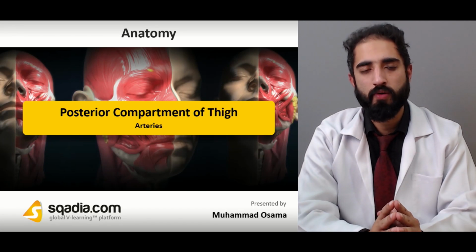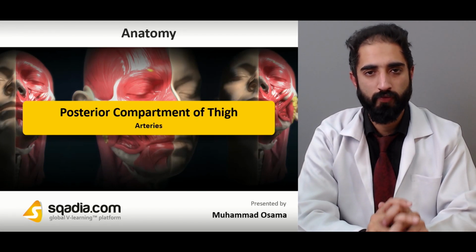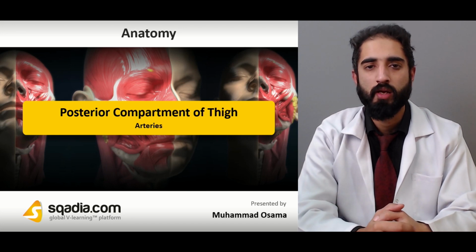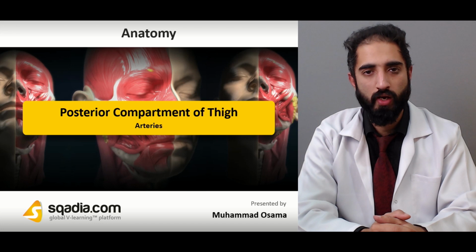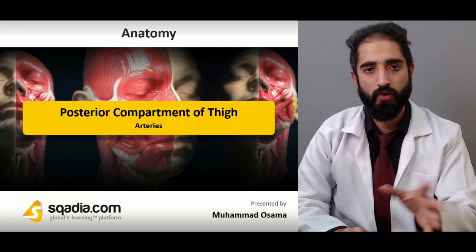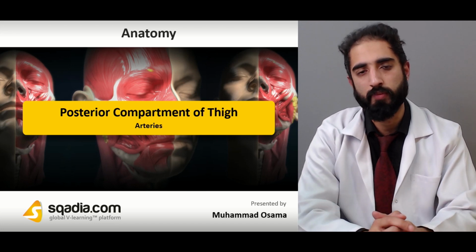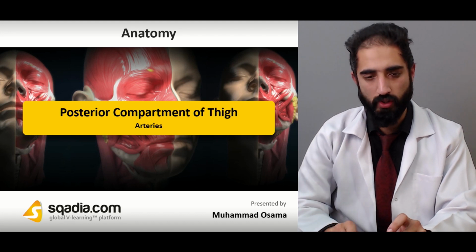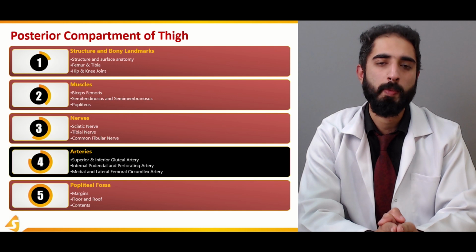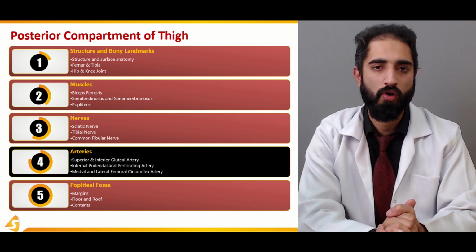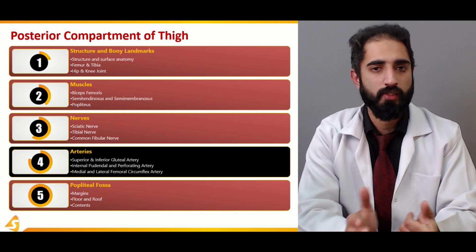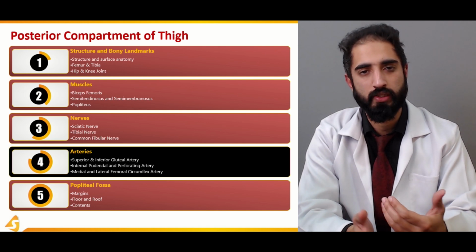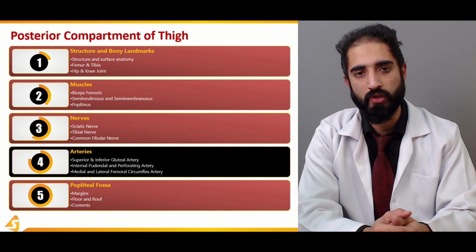Nutrition is very important for any structure for its optimal functioning and normal metabolism, and this nutrition is provided by the arteries via the blood. So it is very important to understand and look into the anatomy in the perspective of the arterial supply of any region. And talking about the posterior compartment of the thigh, in this section we are going to talk about the blood supply or the arterial supply of the posterior compartment of the thigh, as well as the posterior gluteal